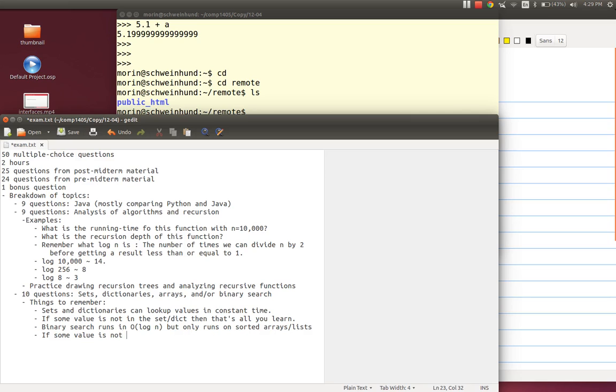So if you search for something that's not in the sorted array, you learn where it would go. This is actually a fairly important difference between things like binary search and things like sets and dictionaries.